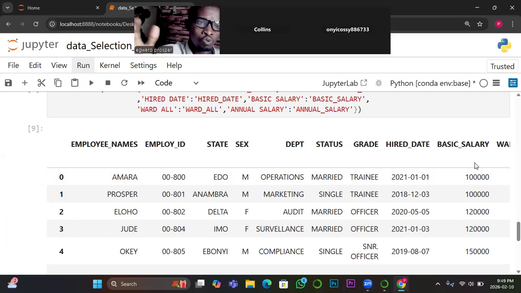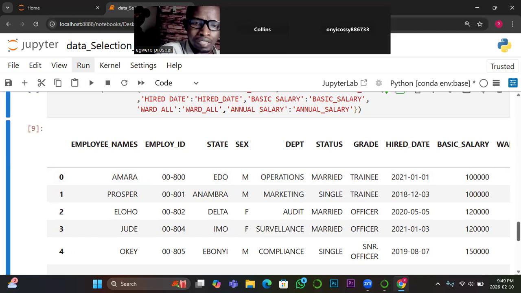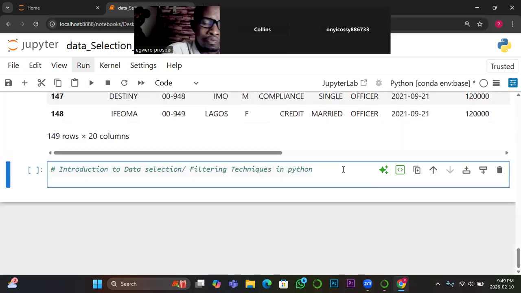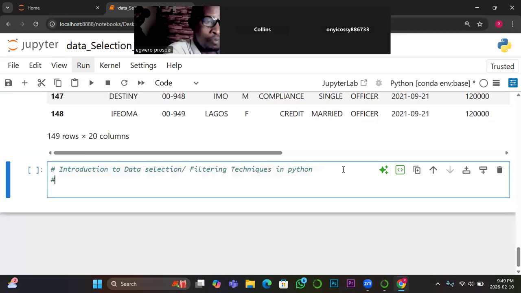Then we will now use a function called concat, which will take us to the very first aspect of data filtering technique. So the first task given to us as a data analyst is to extract part of this data to form a different data set. So I'm going to put it in the form of tasks. So the task here, the first task, task 1, is